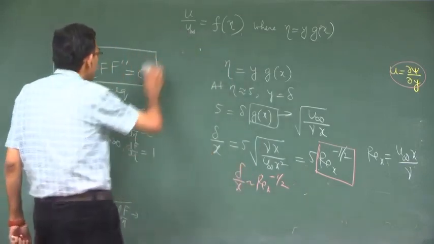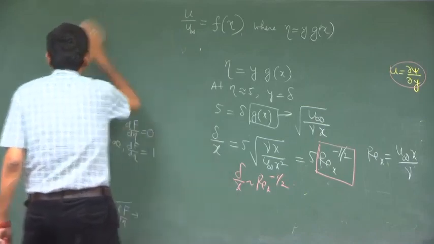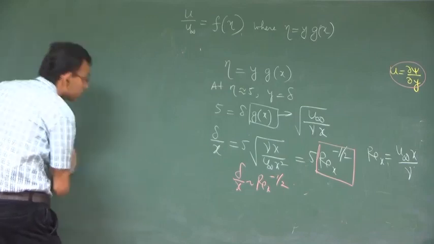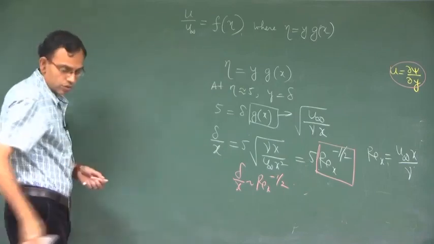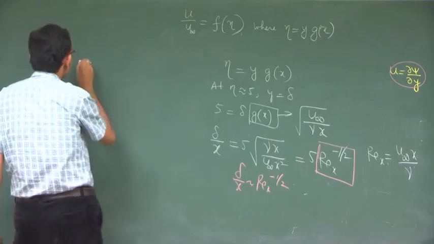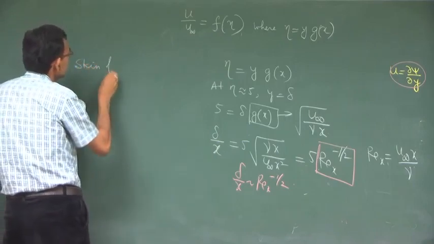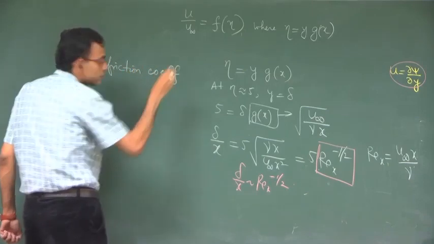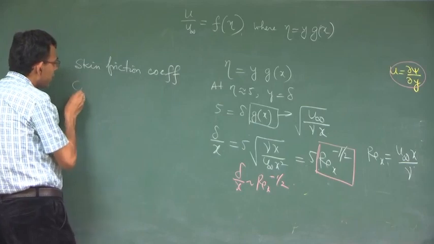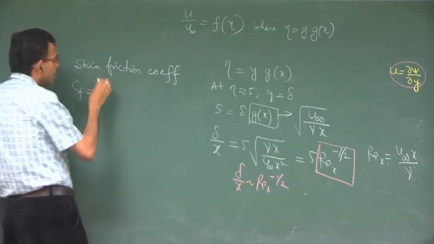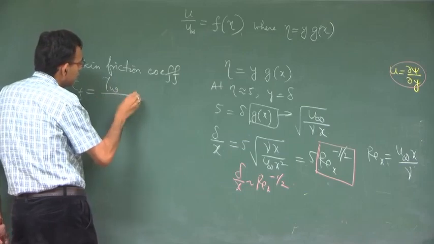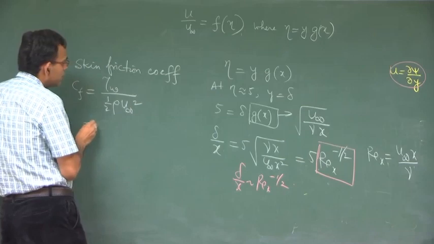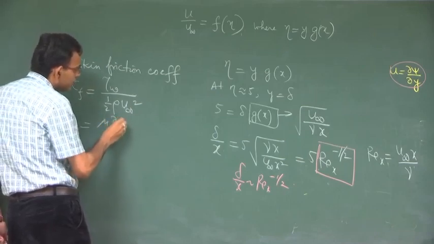I will take just a couple of minutes more to define 2 parameters. One is skin friction coefficient. So, this is the non dimensional wall shear stress. So, this is tau wall by half rho u infinity square. What is tau wall? Tau wall is mu